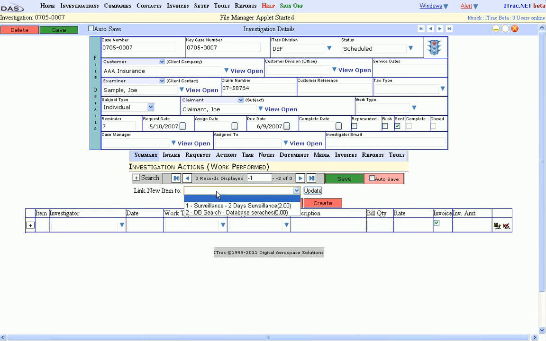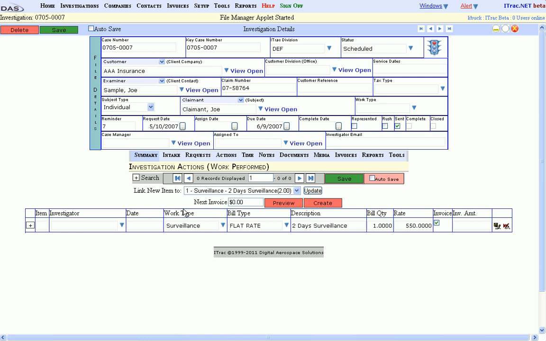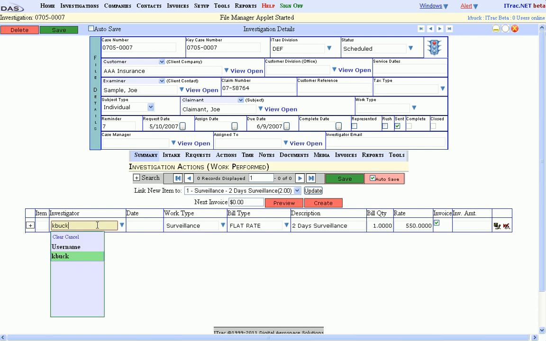Select the request item that the work was performed for, that was entered at the case entry under the Request section. Note that when you select the request item, the work type, bill type, description, bill quantity, and rate get filled in. Enter the investigator that did the work, the date the work was performed,